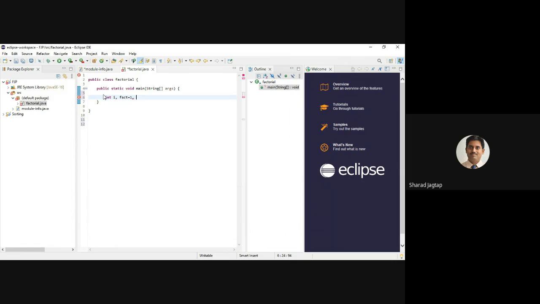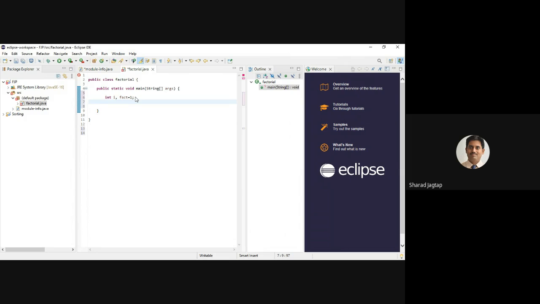Also we require one more number, or we will check this afterwards. When it is required then we can define it. So initially we required one variable as an integer, then another integer with the name fact, and its initial value is 1. Semicolon.